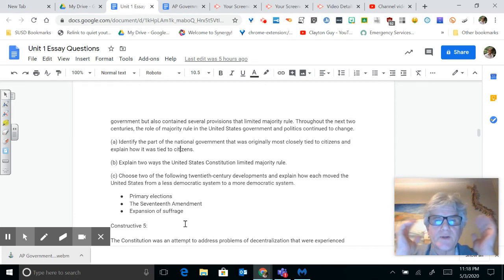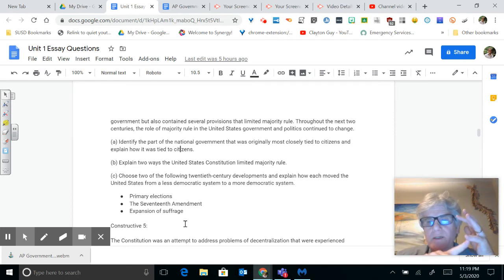The Constitution also created a republic. It created a republic with checks and balances, where there was not direct democracy. Voting wasn't even mentioned in the Constitution. Who was allowed to vote was not even mentioned. It wasn't a right in the Constitution. And the founding fathers definitely did not like majority rule. They were afraid of the majority overruling the minority, which in their case was the landed interest or the wealthy. So they were definitely afraid of that.